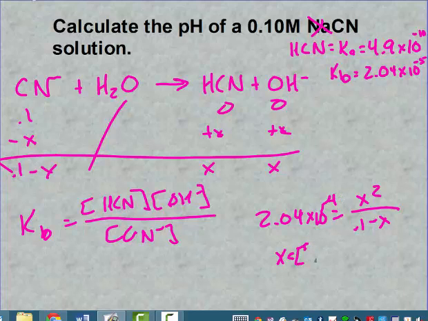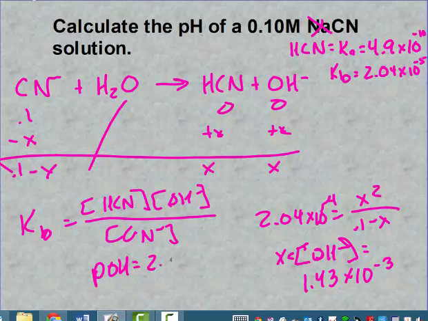And so X is equal to our concentration of what? OH, which is equal to 1.43 times 10 to the negative 3. So pOH is, yes, and pH is 14 minus that, giving